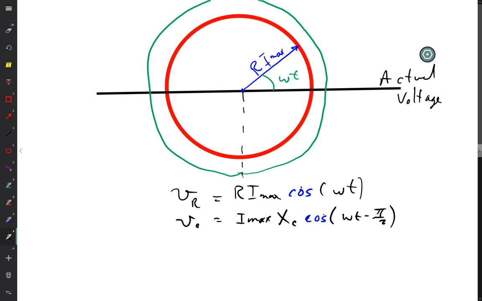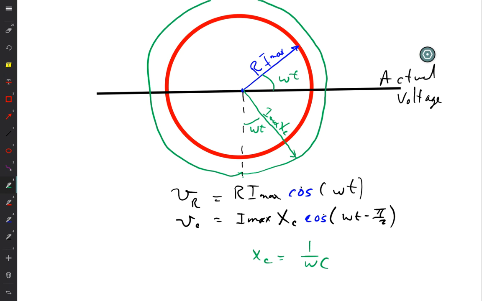So I'm going to measure it from minus pi over 2 out the same angle, omega t. And so my capacitance is going to be this perfectly straight line like that, with its magnitude being I max Xc, where remember Xc was 1 over omega C. And then how do I get the total